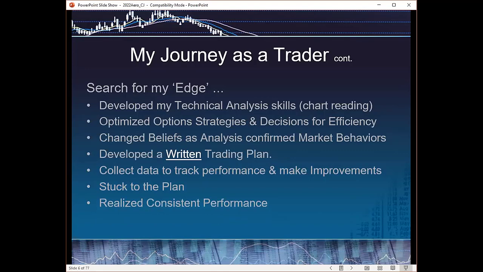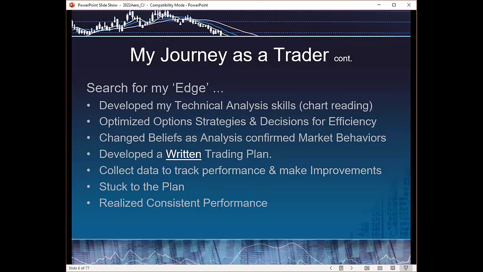Probably the biggest single point of this journey was when I was successful doing covered calls as an employee, I wasn't messing around with my plan. It was written, approved, and my broker executed it. And I couldn't change it because we went through a whole legal process to get it approved, because I was an executive and an insider and I couldn't change it. Well, why did I have success and consistent success then and not now? I didn't have a written plan.